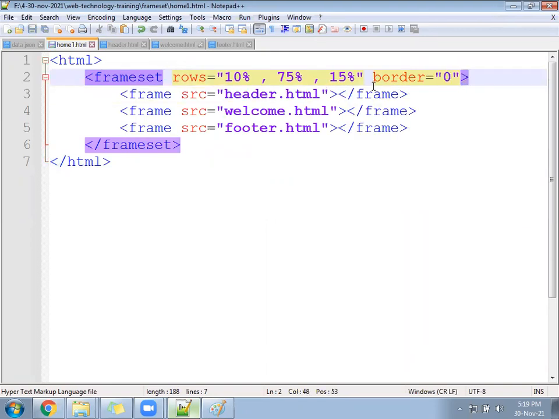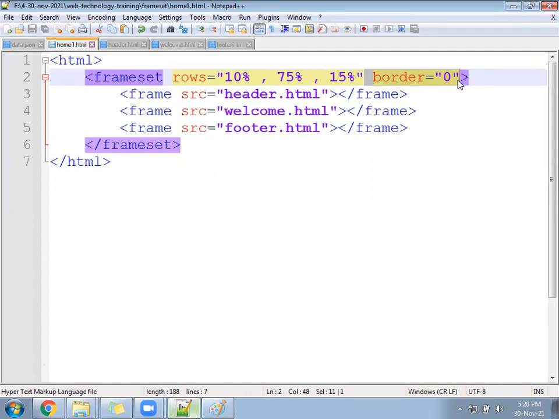You will not find any border. Border equal to 0.